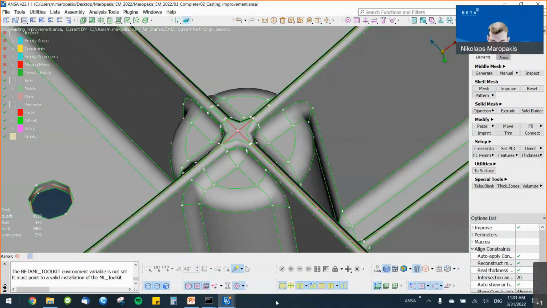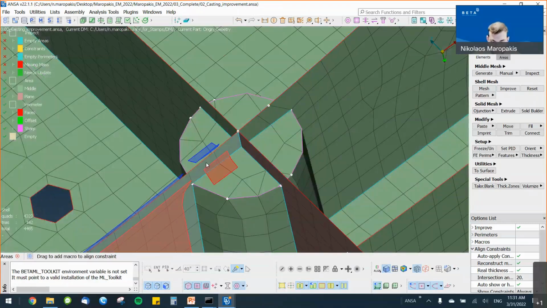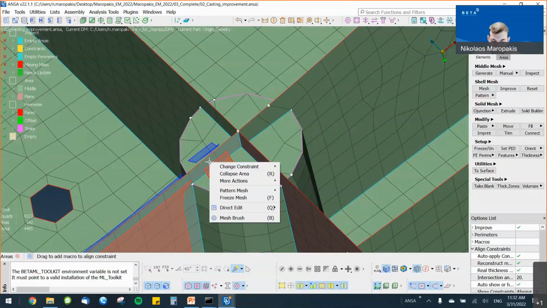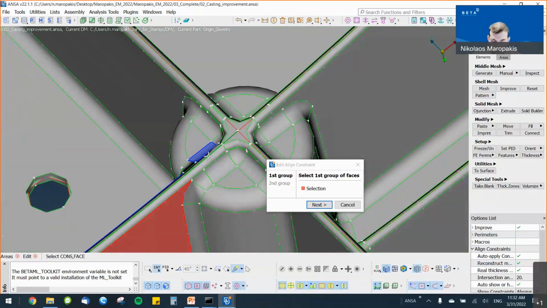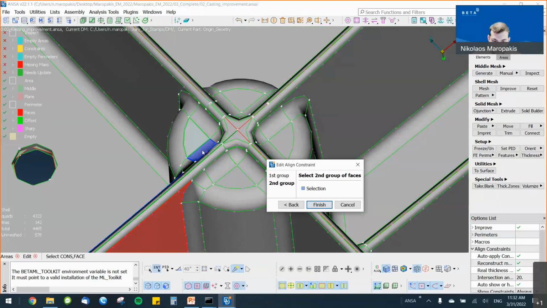Let me close the draw cell as solid. This is because they also have in their align constraint this definition from the fillets. I can edit the align constraint of a macro area by accessing, through the right click, the context menu and saying here change constraint, edit, but I can also activate it with the shortcut key E. By editing the constraint, I will remove the unnecessary constraints here with the right click of my mouse.